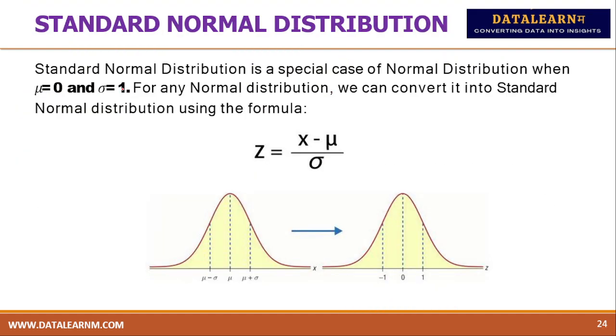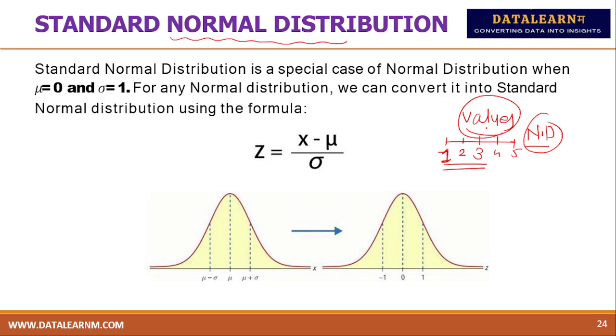Then it comes to the standard normal distribution. Till now we have just covered the normal distribution, right? So it may be like this: 3 is the mean, then 2, 1. In this case, I'm taking 1 as 1 standard deviation. Here it will be 4 and 5. So these values are given over here. Whatever we are representing with actual values, that will be the normal distribution. If we take into account the standard deviation,